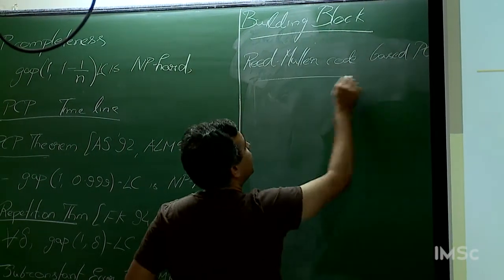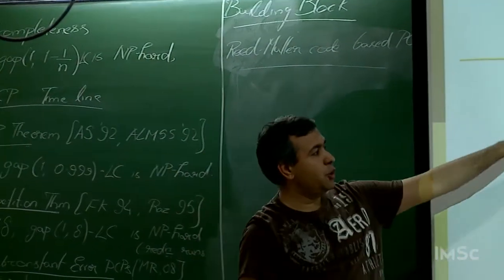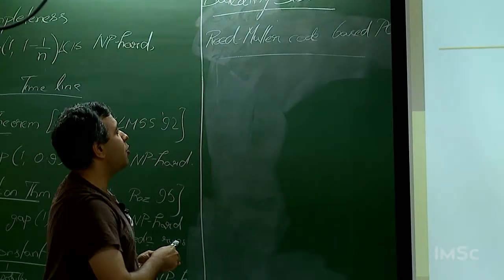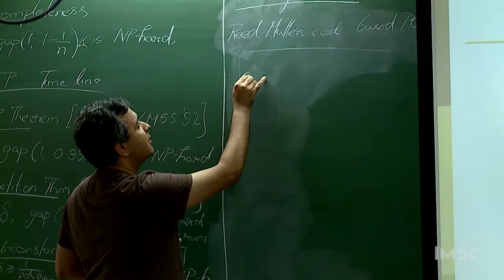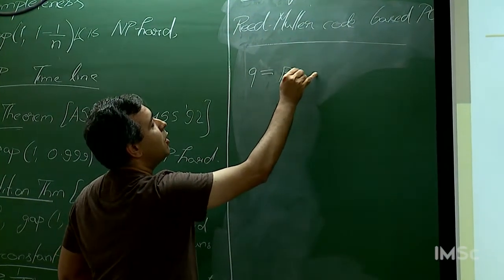In fact, I had said that you can reduce locality from n to root n. If you use a Reed-Muller code, you can actually make the locality go as small as polylog n,